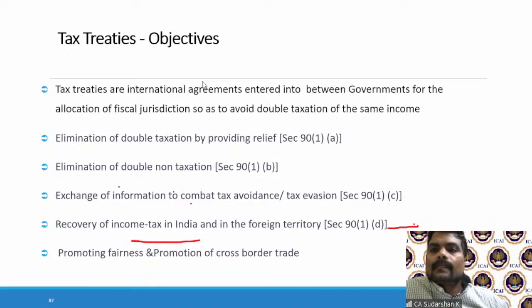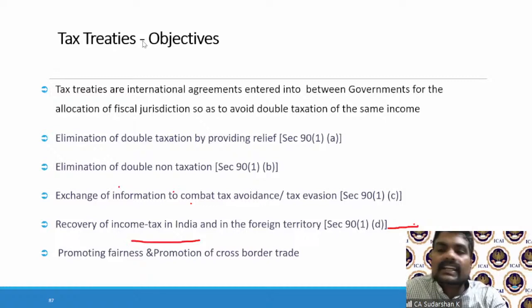Now, let's get more into the legal aspect of it. As I've indicated to you, one of the major objectives of a tax treaty is to avoid double taxation. Now we are going to see how that is going to happen. But not only that, if you look,